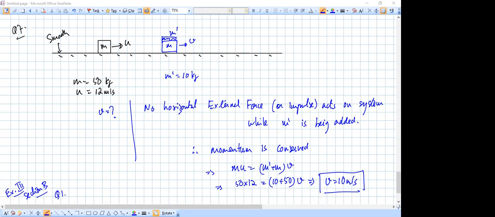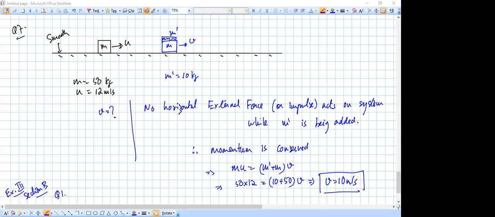So for momenta, you have to just use the concept of change in momentum is equal to impulse. So impulse is force multiplied by time. So in both the cases, you are applying the same amount of force of 100 newtons for the same amount of time, that is 2 seconds. So your impulse is the same. It is 200 Newton seconds. So the momenta will also be the same. It will change from 0 to 200 kilogram meter per second. So the ratio of momenta will be 1:1.